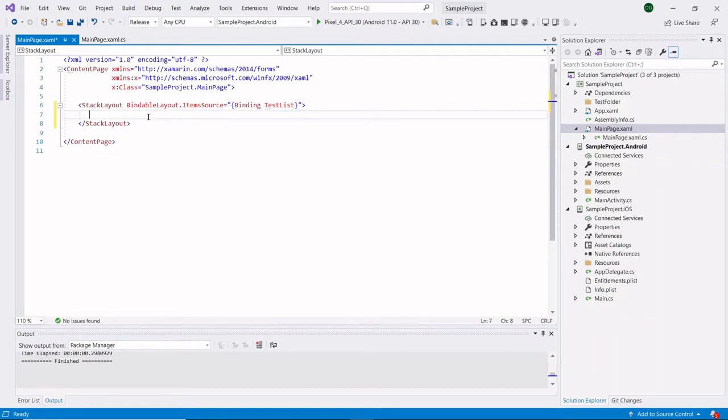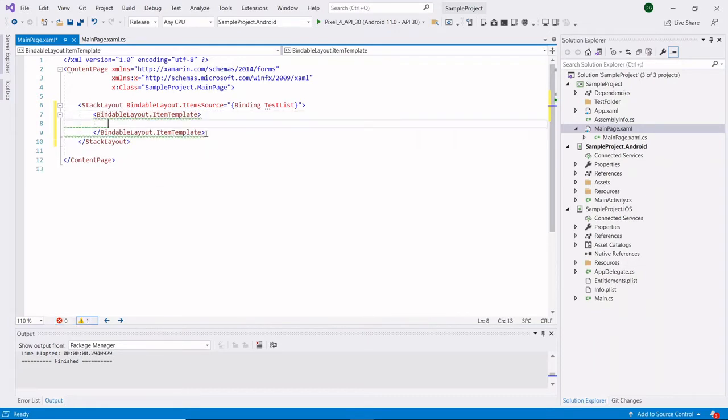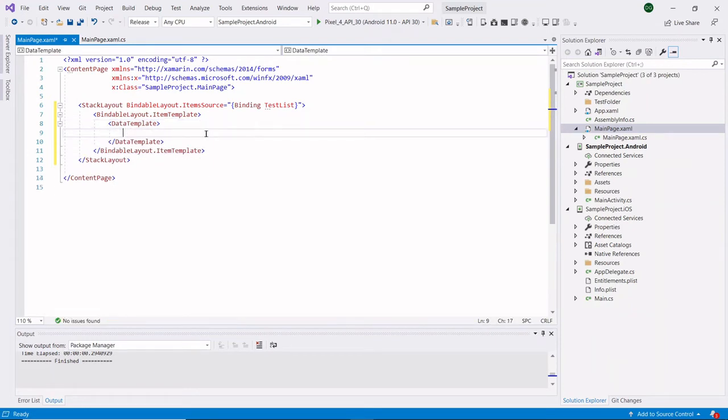Then only our items will be displayed like a list view. Here we need to write an item template and data template like in a list view. Inside this data template, we need to write our required design for our stack layout.